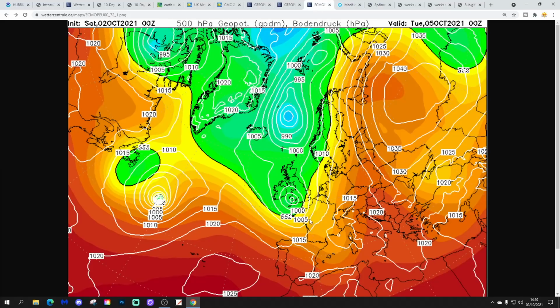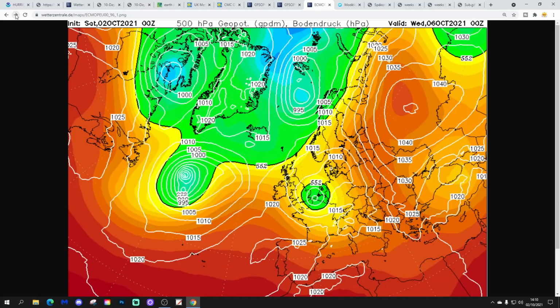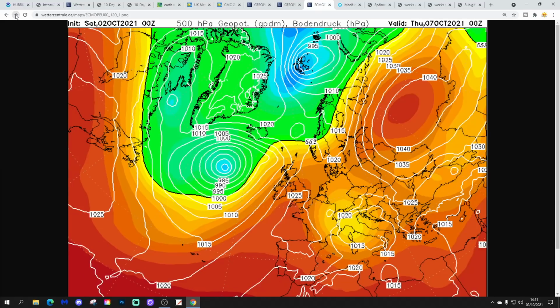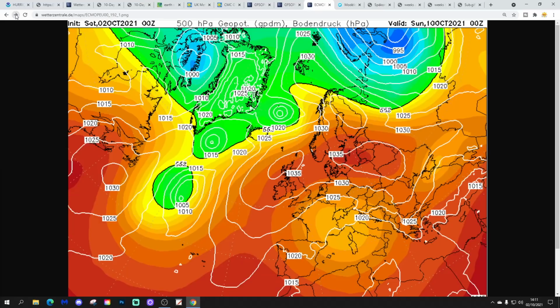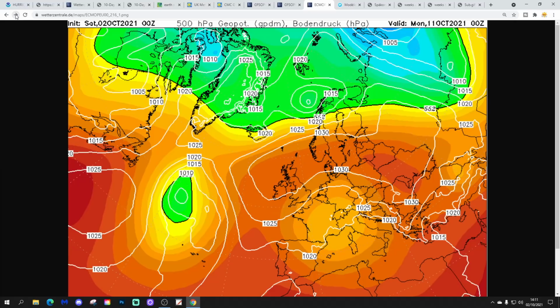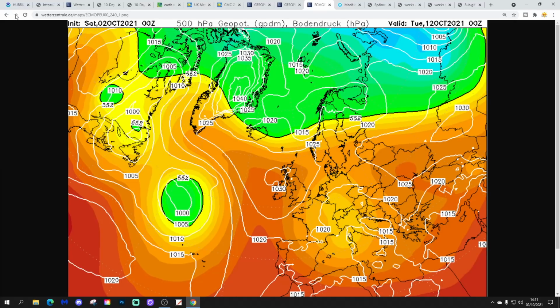And then this is how the ECM is looking. So once more, low pressure over top of the country on Tuesday will bring plenty of rain with it into Wednesday and Thursday. That low pressure gets out of the way, high pressure builds behind it, and the high pressure takes over through Friday, bringing loads of dry weather. Into next weekend, high pressure again dominates the weather across the country, plenty of fine conditions. The high pressure is still there as we get to day 10. Maybe with the ECM, signs of a little bit of retrogression